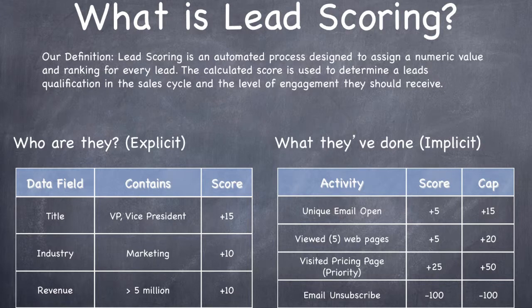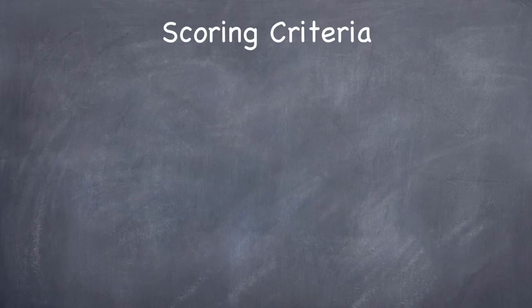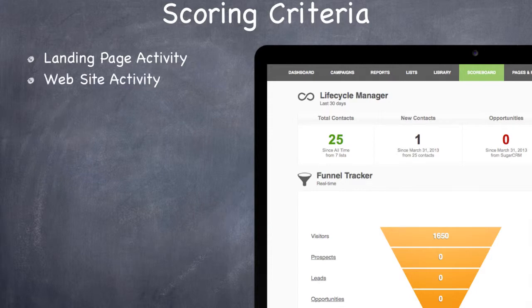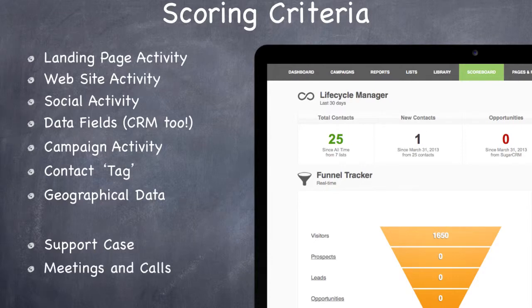Inbox 25 offers lead scoring through our new tool called Scoreboard. Scoreboard is our lead scoring engine and is comprised of individual scoring profiles that we call scorecards. Much like our automated campaign, we give you a lot of flexibility on creating your scorecards. You can pull custom fields from your CRM too, including landing page activity, website activity, social activity, data fields from your CRM, campaign activity, contact tags, geographical data, previous support cases, meetings and calls, opportunities, contracts, quotes, as well as